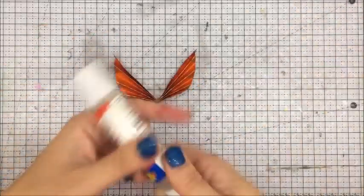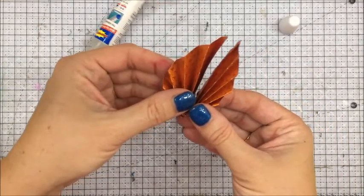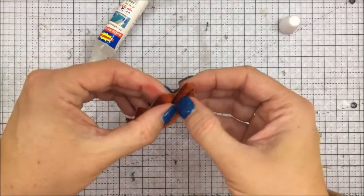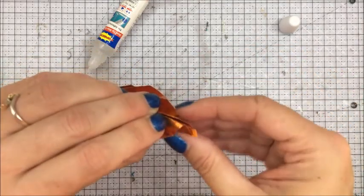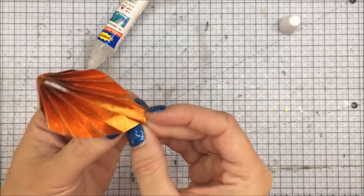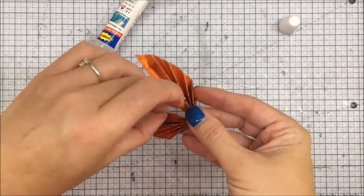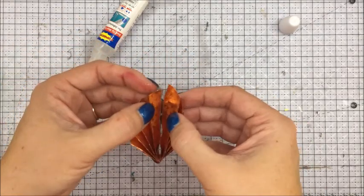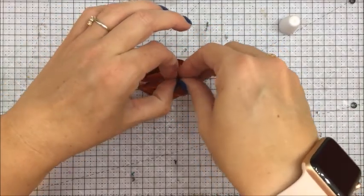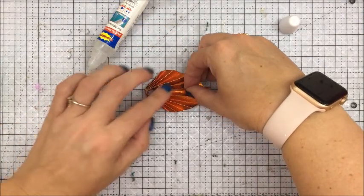I like to do this with a nice liquid adhesive, and if I'm uneven on the end, it's not a big deal. I can go on back through and trim it up. We just want that center seam to adhere. It's the little thing at the bottom that is more challenging to get than the top. So what I do is I just add my stem down there at that bottom. You're going to want to hold this in place for a minute or two